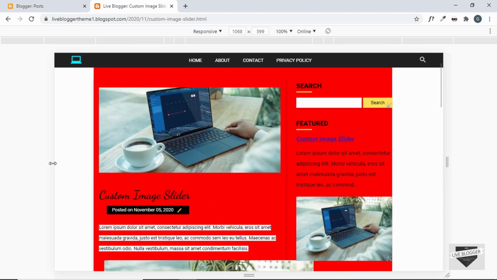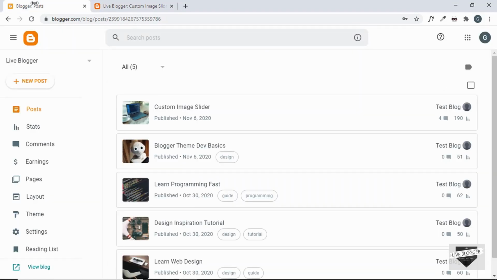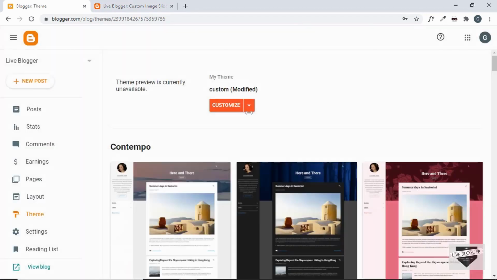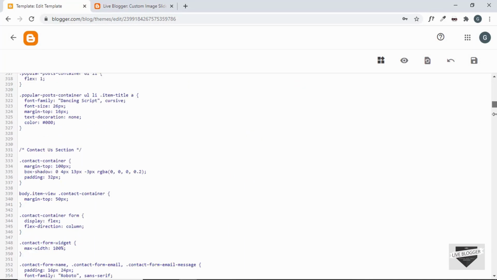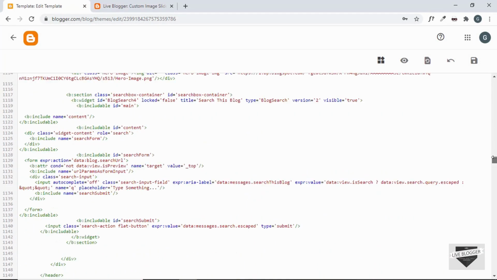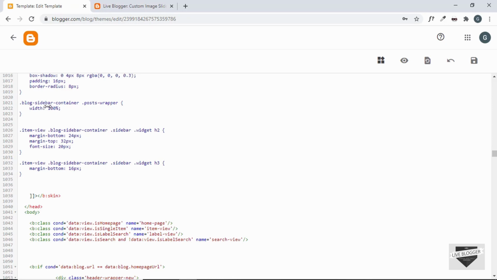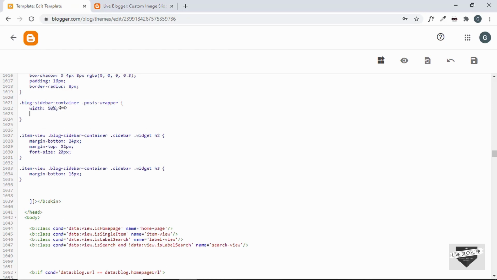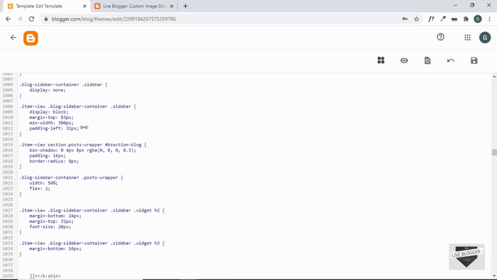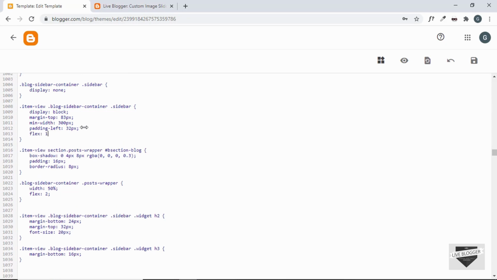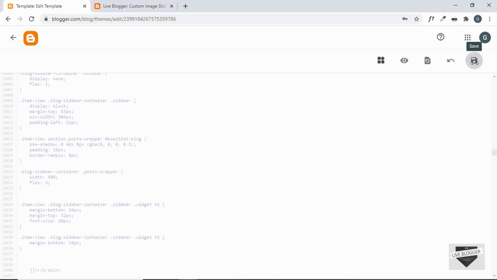So let's go ahead and make these changes to our theme. So let's go over here to the dashboard and go to theme. Let's click on edit HTML. Let's go to our CSS and let's go to the post wrapper. So this is the post wrapper. We'll just change the width to 50% and the flex will be 2. And let's go to the sidebar. So this is the sidebar, and for the sidebar we have a flex of 1, and let's save it